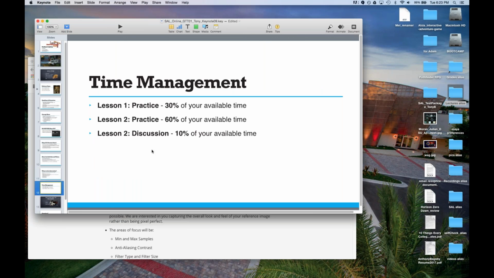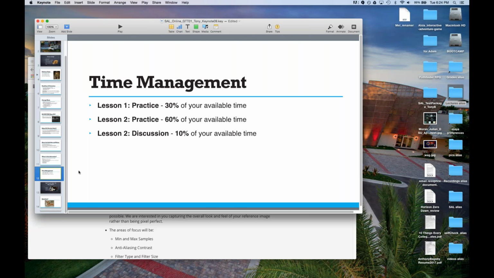Time management. You know me and time management, right, guys? So, just so you know, every week you're going to have 2 assignments, with the exception of the last week. It is imperative that you spend less time on the first one than the last one. The last one is always going to be the harder assignment.